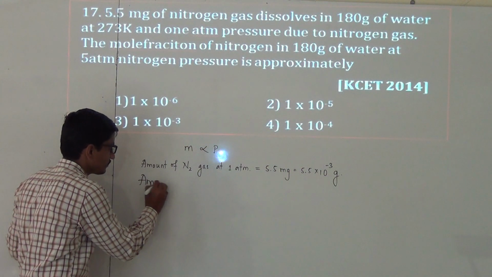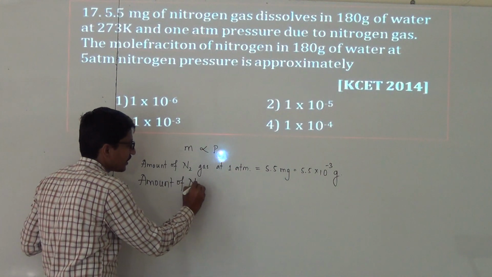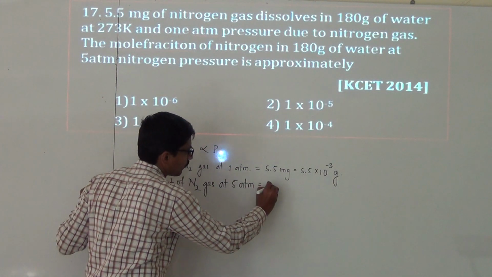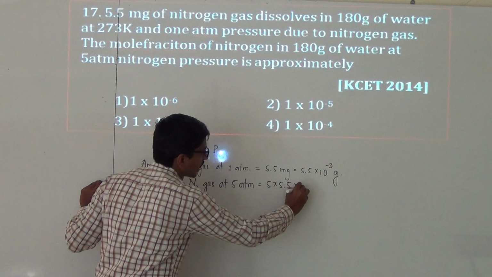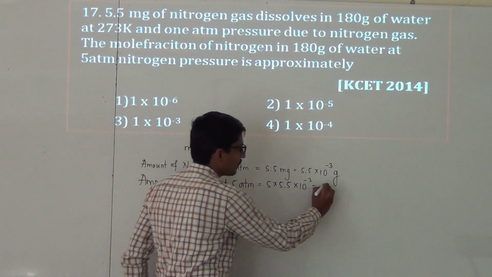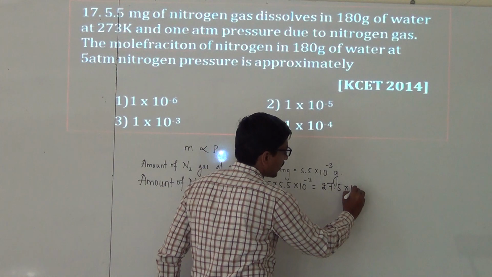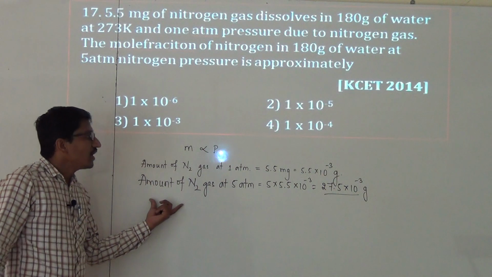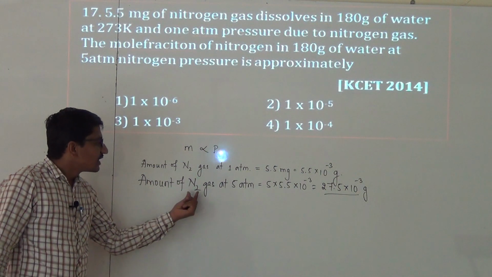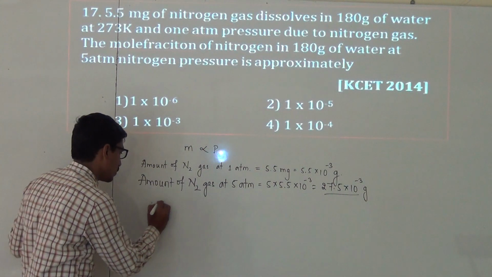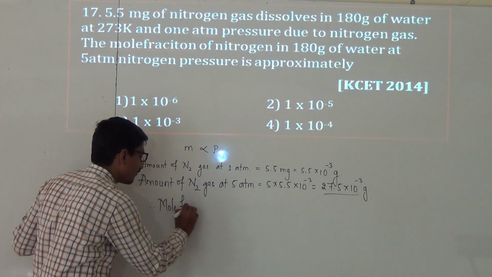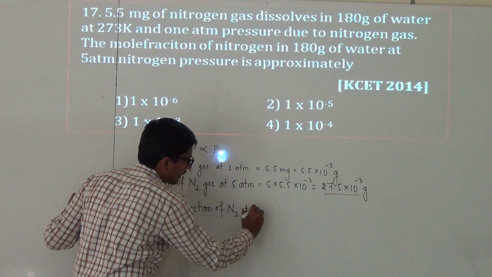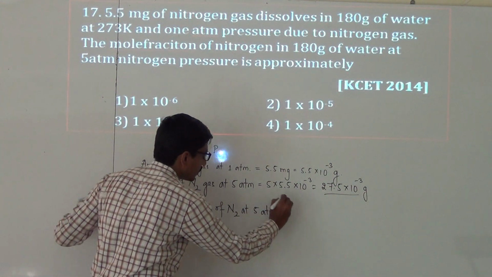That is, the amount of N2 gas at 5 atmosphere is equal to 5 into 5.5 into 10 raised to minus 3. This is equal to 27.5 into 10 raised to minus 3 gram. Then we have to calculate the mole fraction of nitrogen at 5 atmosphere. Therefore, mole fraction of N2 at 5 atmosphere is equal to